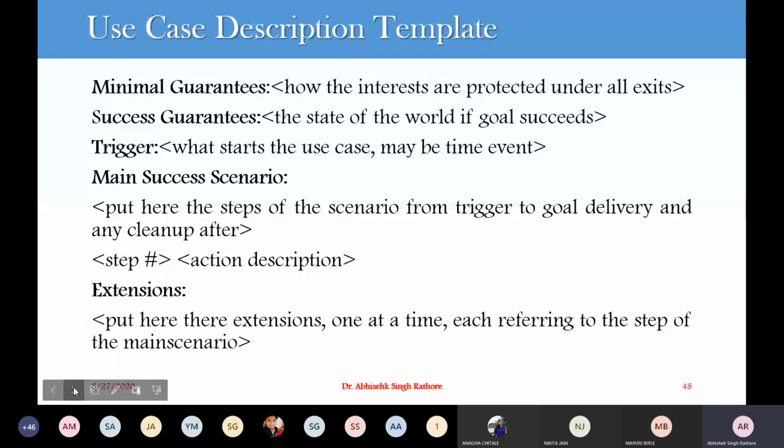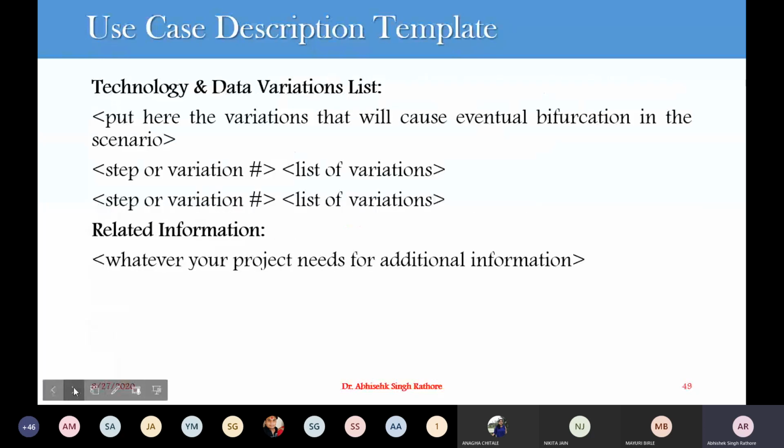Then we use the extension point. When we have some extend relationship, we can put our extension relationship here. If you don't have an extension relationship, you can avoid this. Then this is an optional case, where you can add your technology and data variation list.